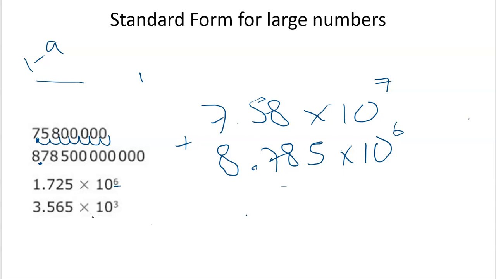So instead what we'll do is we'll just amend one of them into the other. So if we say, okay, well, let's make this have the same power of 10, and then the decimal points will line up. So if we change this up to 7, if we make that bigger, well, I've made this whole number 10 times bigger now, so I best make this 10 times smaller and change it to 0.8785. And now they've both got the same power of 10, I can just add them together straight away because